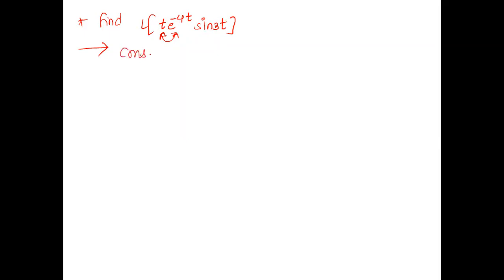So you will first consider Laplace of sine 3t. What is that? 3 upon s square plus 9. Correct. So from where does this come? Everyone knows now. There are 10 Laplace standard formulae. So I hope everyone remembers them. Laplace of sine at is a upon s square plus a square. So on this now, you can first apply this or this.